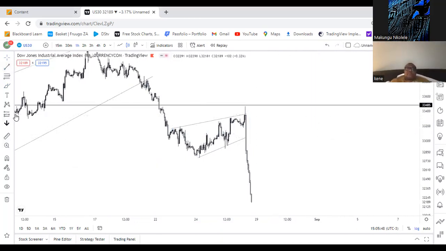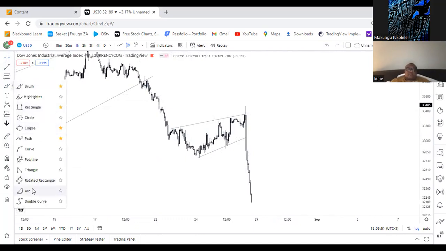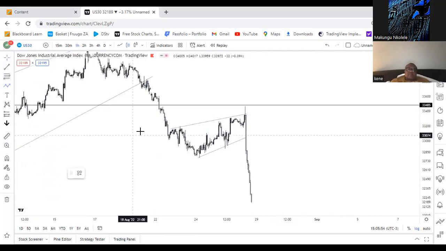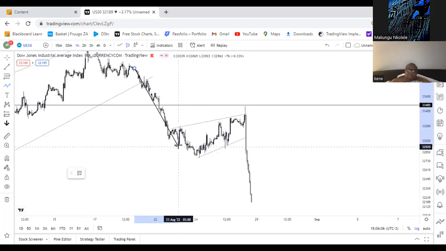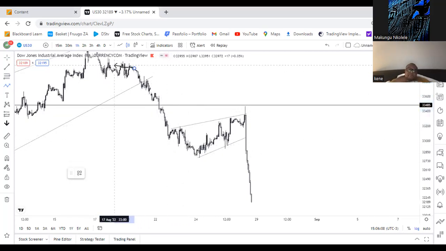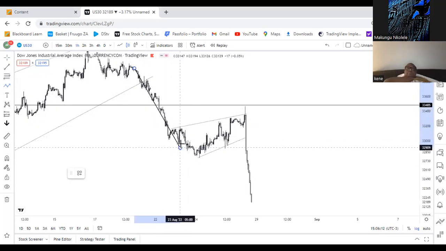So remember that we use the third touch as our highest probability. So I'm gonna illustrate the third touch from the highest, or the second touch on the previous highest high. So we had this down impulse and the price